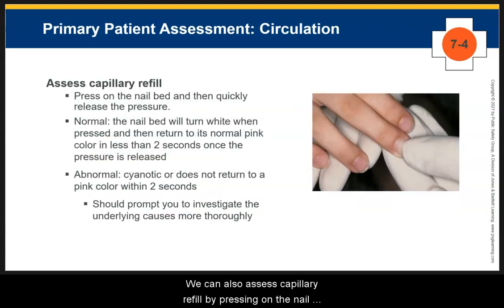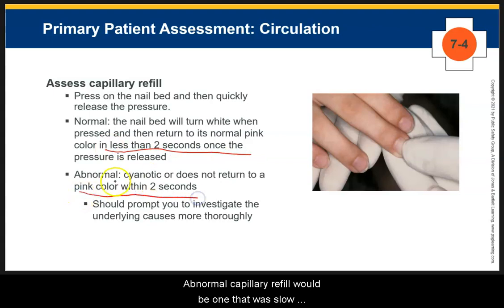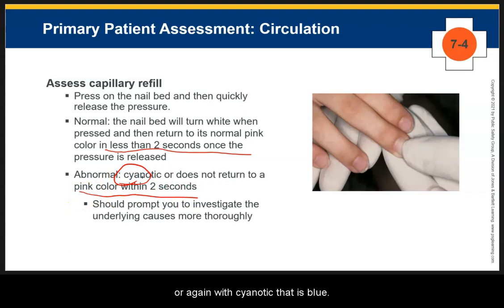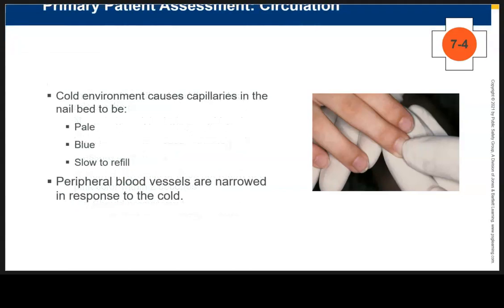We can also assess capillary refill by pressing on the nail bed until it blanches and turns white. When we release our pressure, hopefully the color returns in less than 2 seconds. An abnormal capillary refill would be one that was slow or again was cyanotic, that is, blue. Now be advised, cold environments can cause that to be very slow to refill, because one way we keep our body warm is by restricting the peripheral blood vessels,